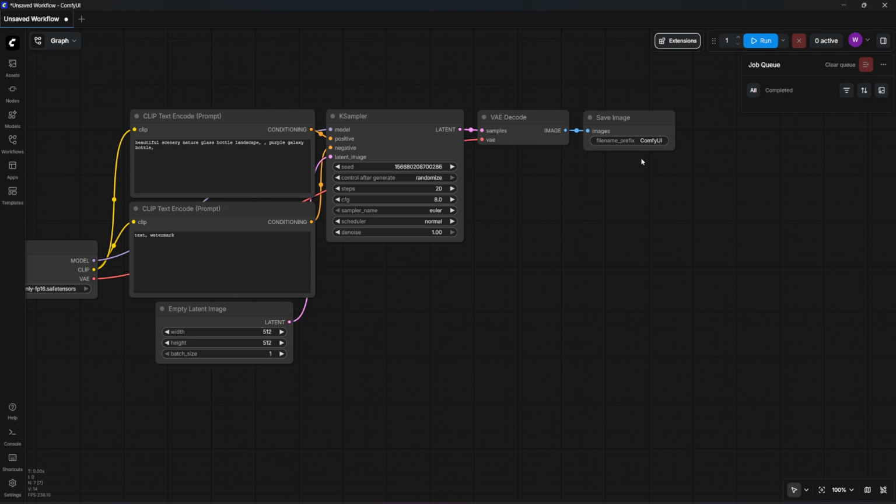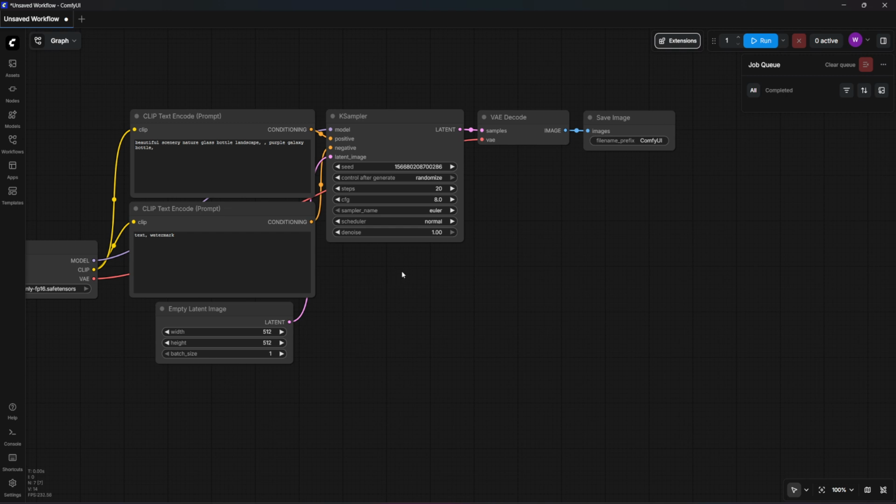Now, in the newer version, you will see that this button doesn't exist anymore. So as you can probably figure out, it depends on the version of Comfy. So yeah, today I will show you how you basically get into the